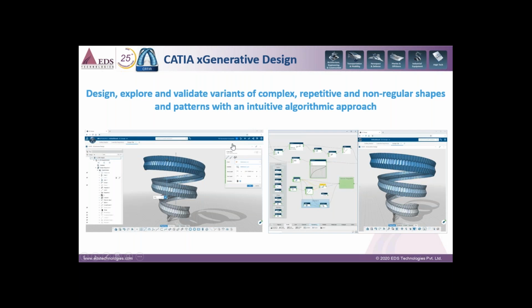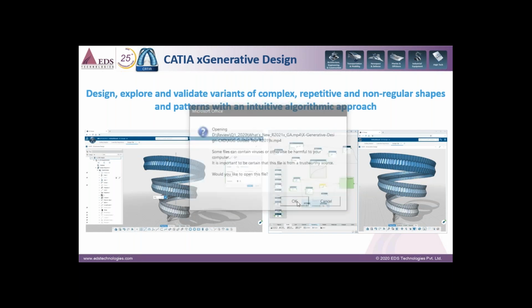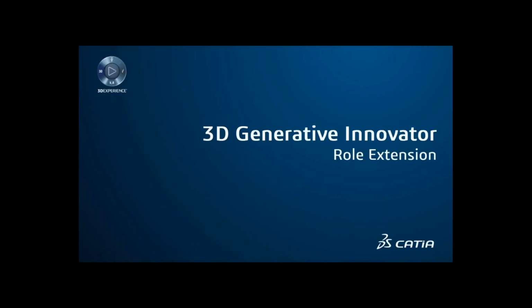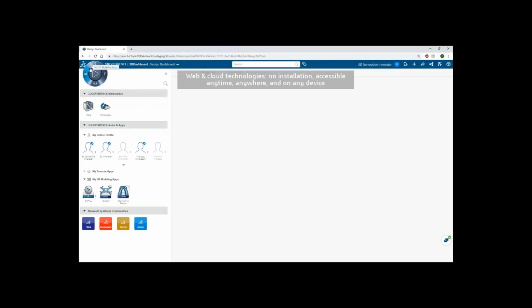So let me run a brief video of it. This is X generative design, what it gives you in complexity of creating any surface geometries, which is an extension role for X design. As it mentioned, it doesn't require any installation.